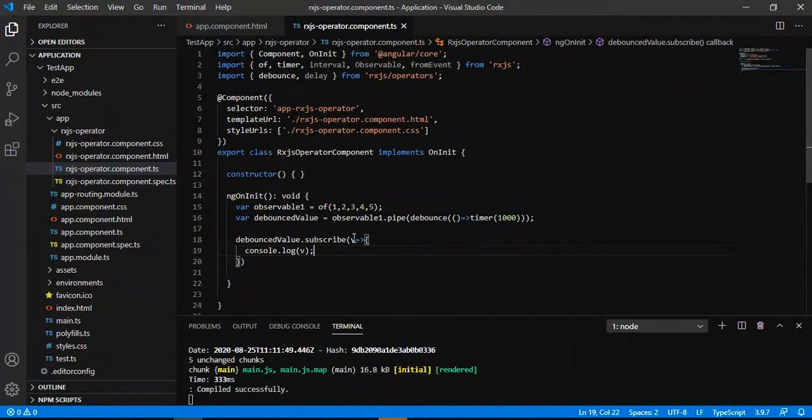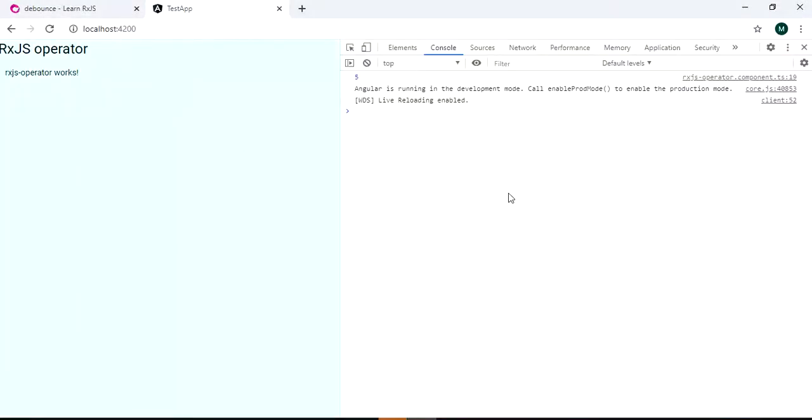So let us see what output it is giving. As soon as you run the application, it is giving the value 5 just after a second.